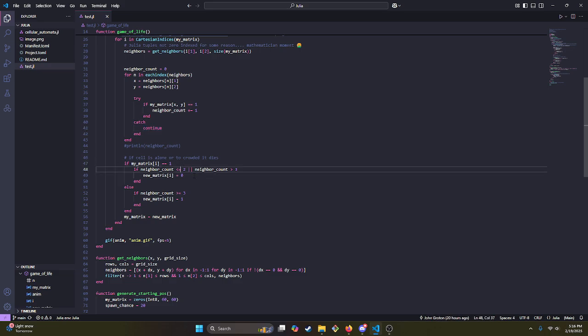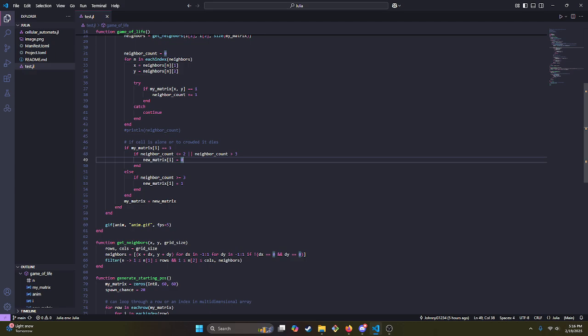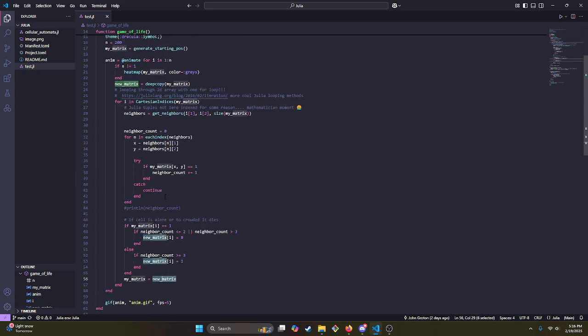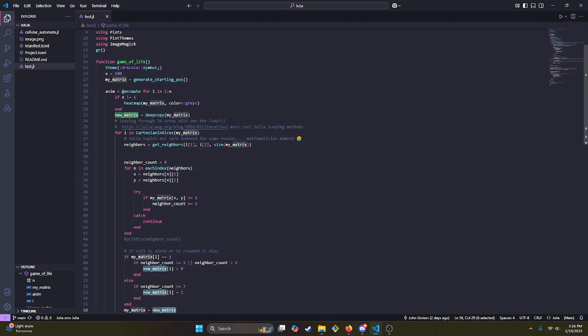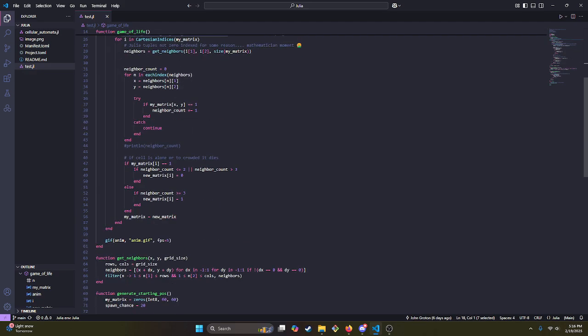So if it's an alive cell, it'll kill the cell if it has less than 2 neighbors or greater than 3. And then if it is dead, it will make a new cell if its neighbor count is greater than or equal to 3. And then basically it sets the matrix equal to the new matrix you already made that it deep copied. And then at the end of all these loops, after the animation loop, you can literally just generate a GIF